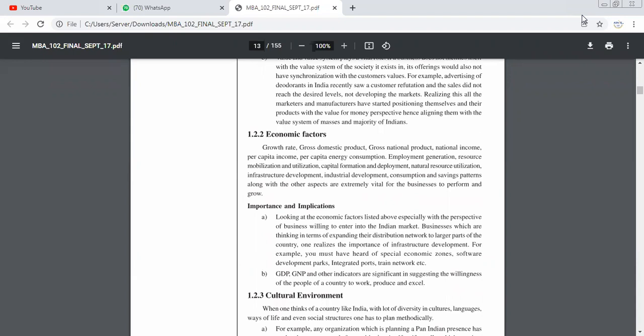Okay, looking at the economic factors listed above, it depends upon the Indian market as well. Now see, if you want to improve your market condition, you first decide how to do it. Suppose you are making a product which is already available in the market, it will be very difficult for you to enter the market. Why? Because पहले से ही business चल रहा है और तुम वही production करोगे और तुम सोचोगे कि हम देश के GDP को बढ़ा रहे हैं, this factor is not going to be workable. देखो, एक ही जगह पर अगर बहुत सारे लोग एक ही business करने लगे ना, तो वो business चलता नहीं है, right?